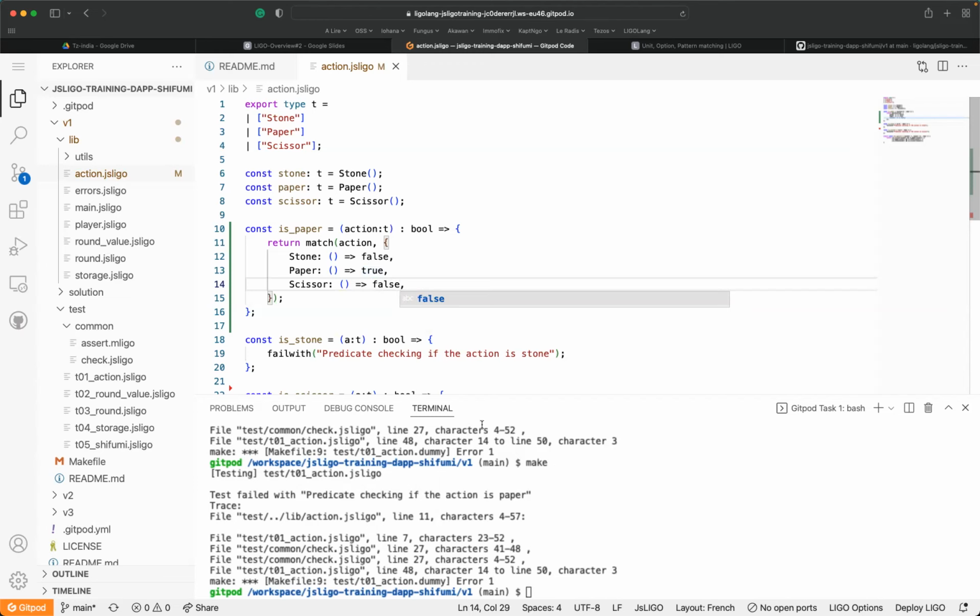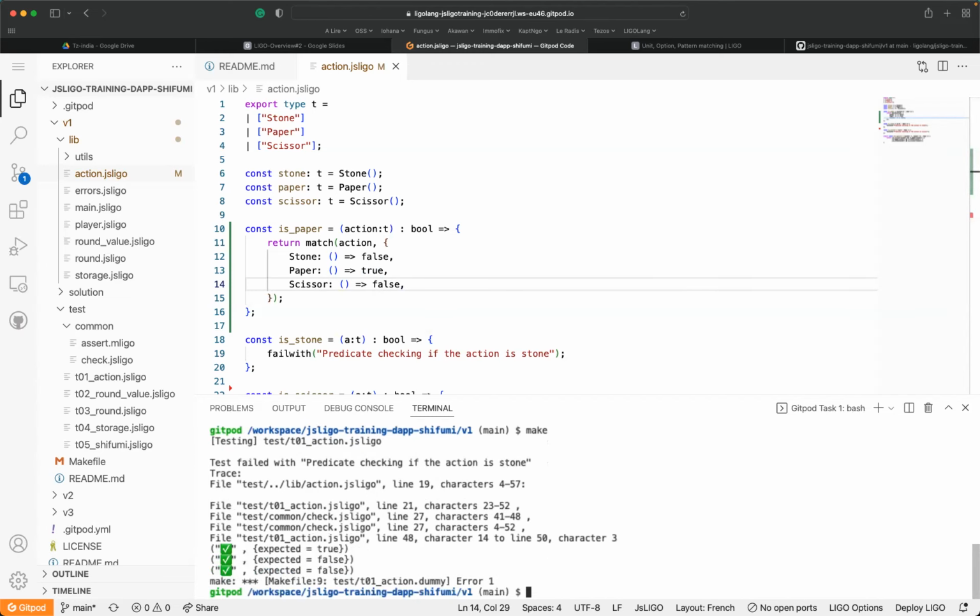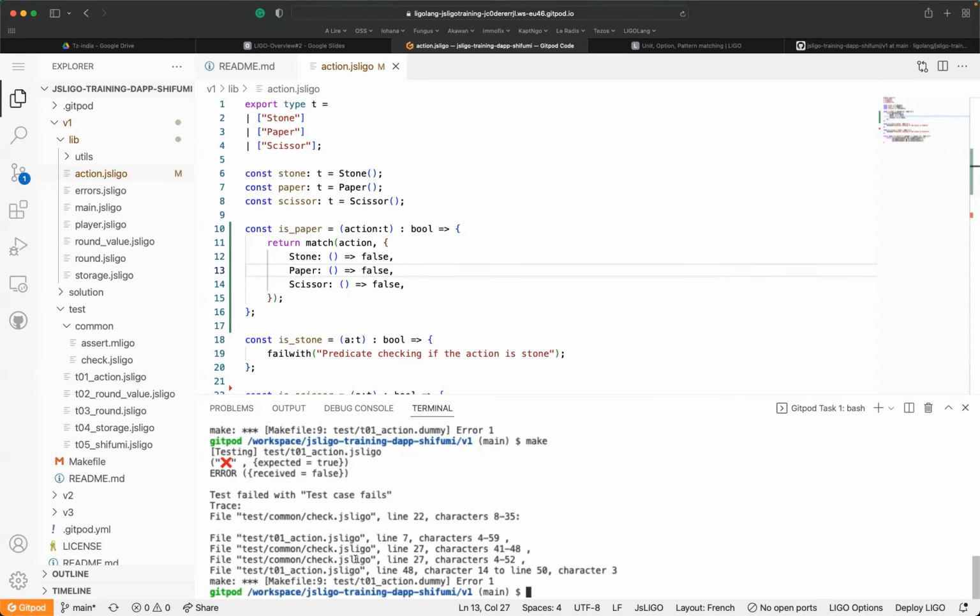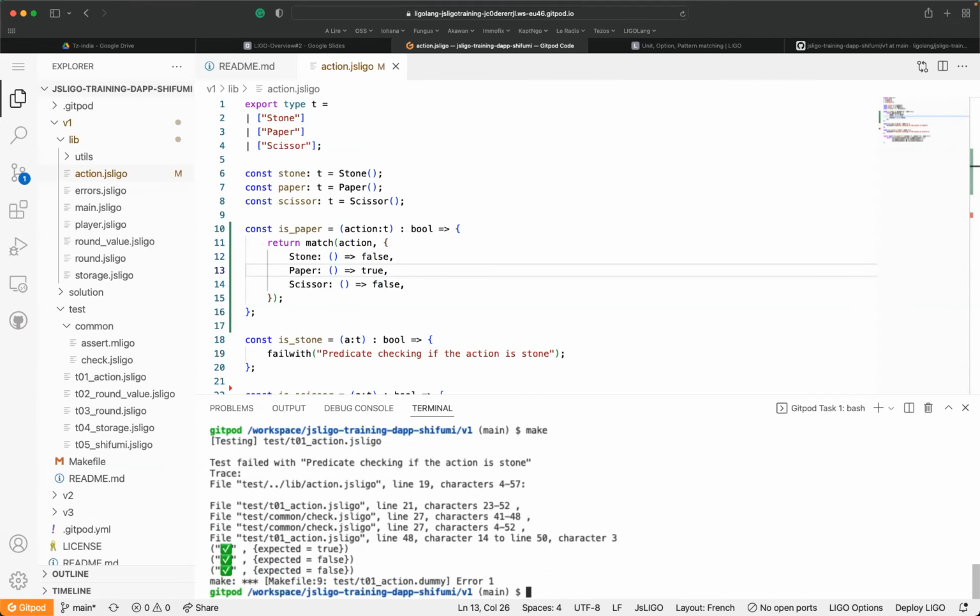False. So right now we can execute the first tests. As you can see, we have 3 tests which have been done: true, false, false. Just to be sure, as you can see, we're expecting true, and testing, we receive false. We don't have the line number. I already mentioned it, but we don't have the line number. It could be really nice if we get the line number. So here we are, the first step, the first test which has been done.